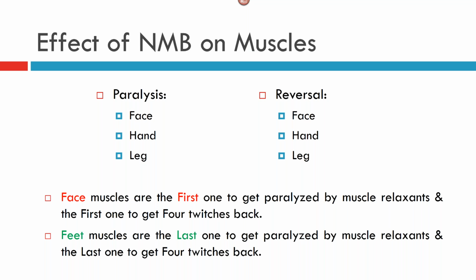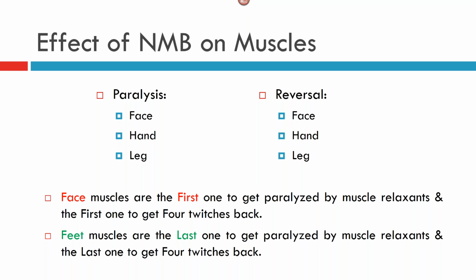So you can have zero twitch in the face with four twitches in hand and leg. So the hand is paralyzed second, the upper extremity, and the lower extremity is the last one to be paralyzed. When we stop giving the drugs, the face reverses first, same as blood supply, because of the venous drainage. The veins drain the blood very quickly compared to the hand, and the leg has a big femoral artery or femoral vein,